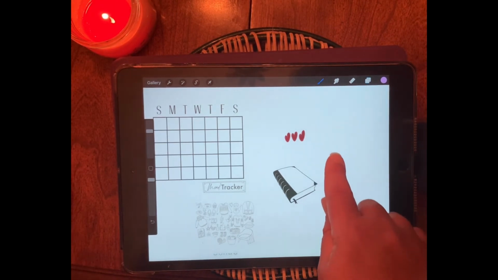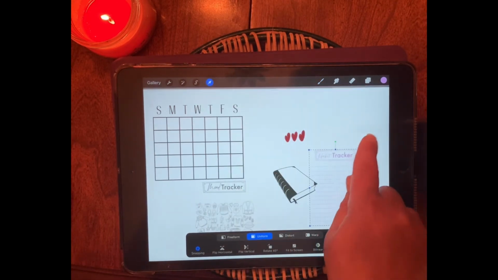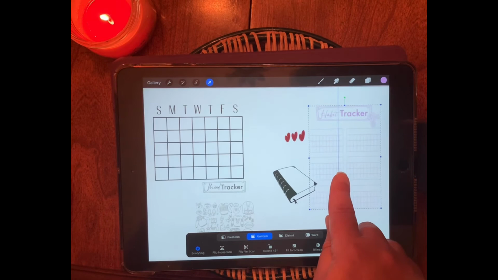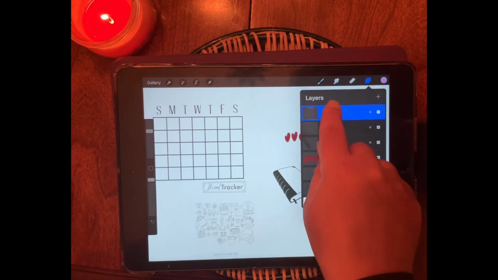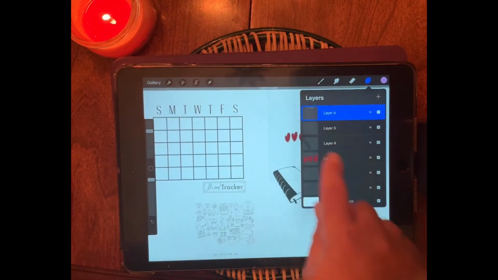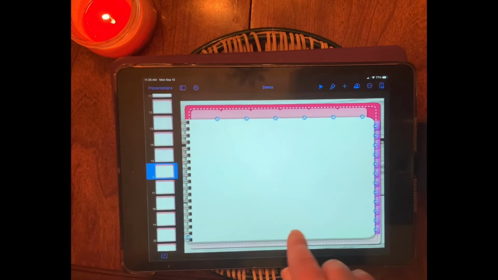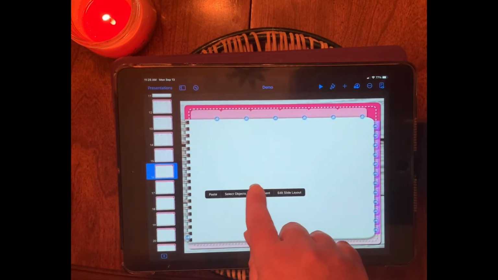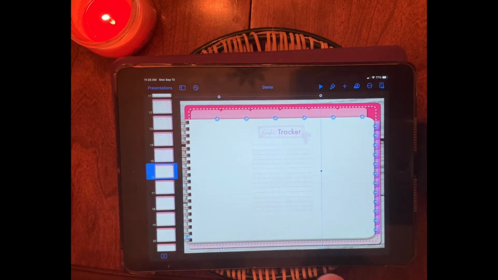Then I'm going to another layer, and we have a habit tracker. Then we're just going to go to copy, and we're going to paste that into our planner. Paste. You have your habit tracker, and what we need to do